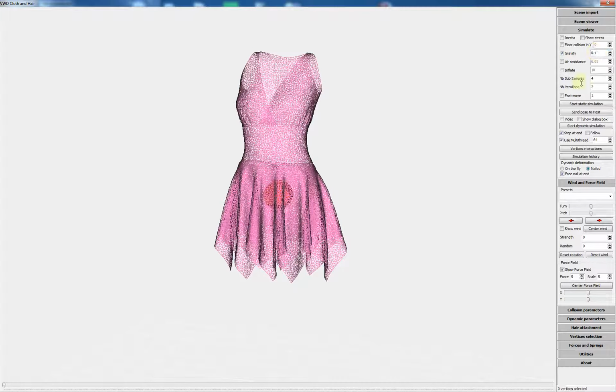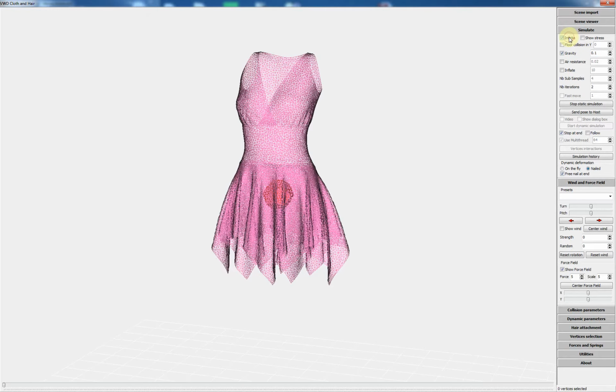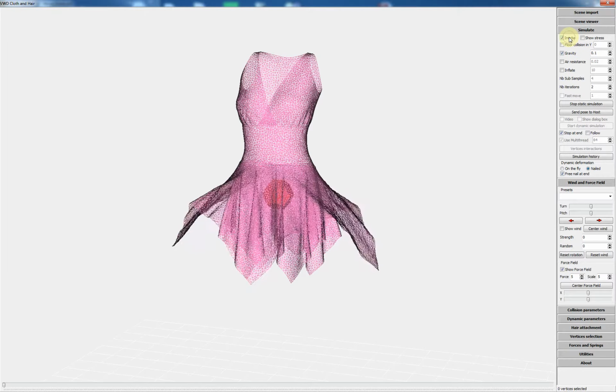Okay, I don't initialize the inertia for now, and I start a static simulation. The dress expands, the outer part of the dress expands. I can accelerate it by using the inertia.